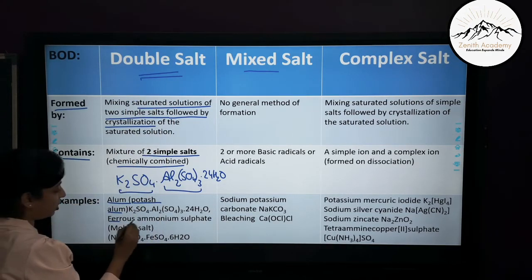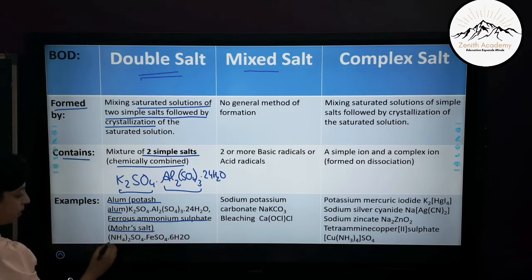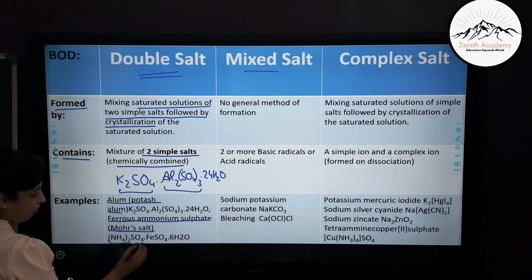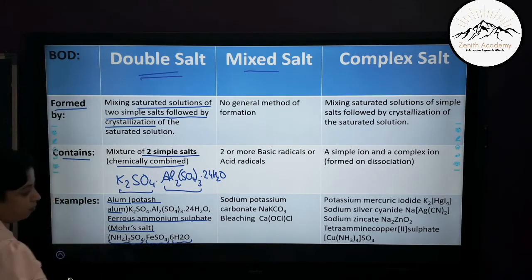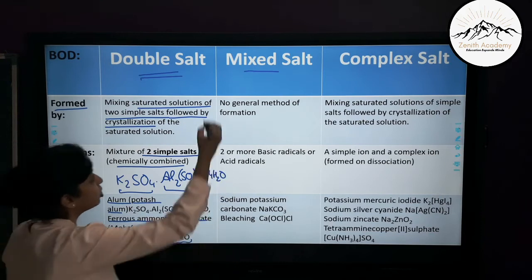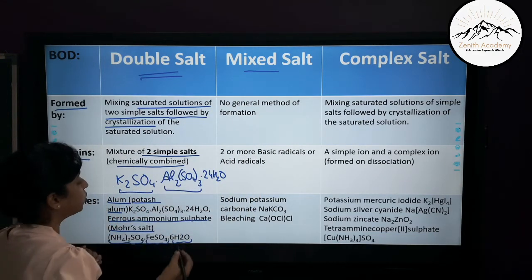Then another example is ferrous ammonium sulfate, which is also known as Mohr's salt. Here you can see ammonium sulfate dot iron sulfate dot 6H2O. Okay. Now mixed salts: there is no general method of formation of mixed salt, but you should remember that two